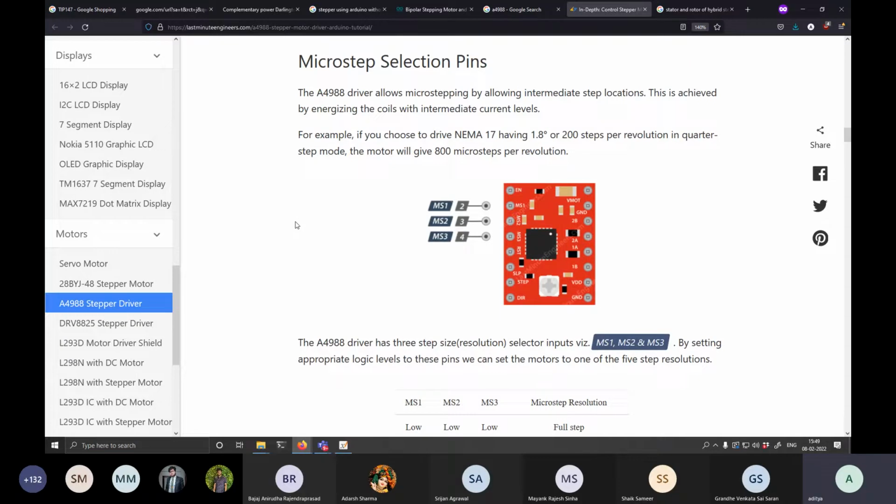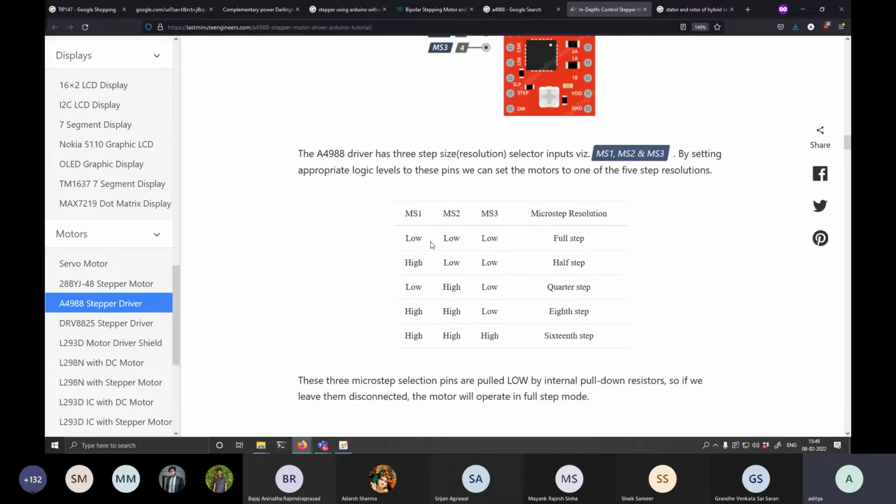Okay, but in full step mode, I don't know why I read that. When the 3 pins are low, the 3 pins expect a high or low input, meaning something like an Arduino. If you give ground to the 3 pins or no connection to the 3 pins, it will remain low. If you give high to one of the pins, low to two of the pins, it will go into